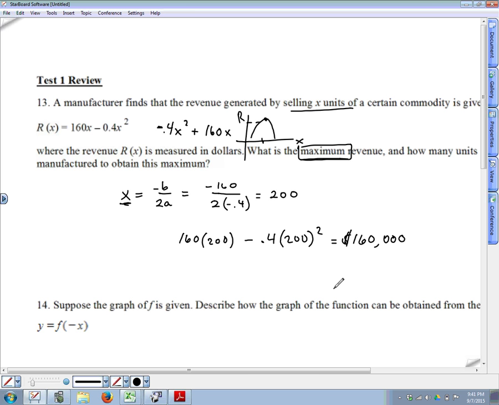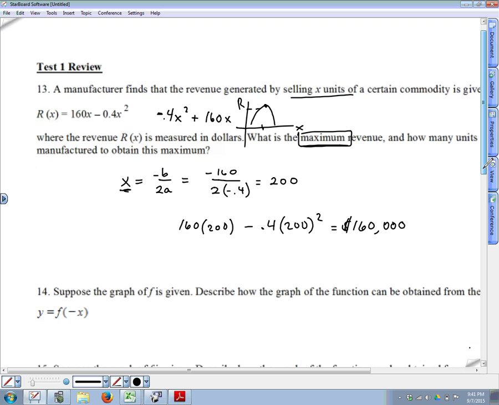Now you might think, well, if you want to make more money, just sell more. But what isn't described in the problem is that the more you sell, the more you have to make. And apparently for this product, the cost starts to increase after 200 units. So it wouldn't be as cost effective to produce more or to sell more. So anyway,